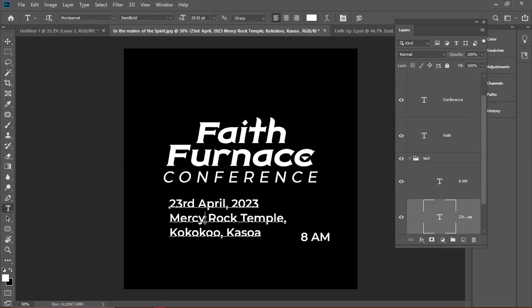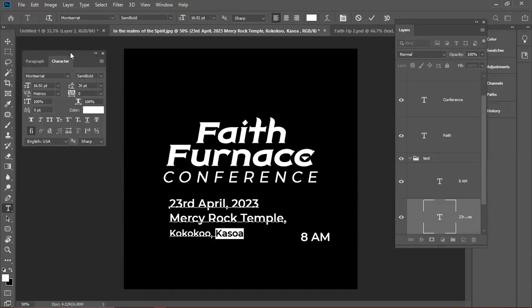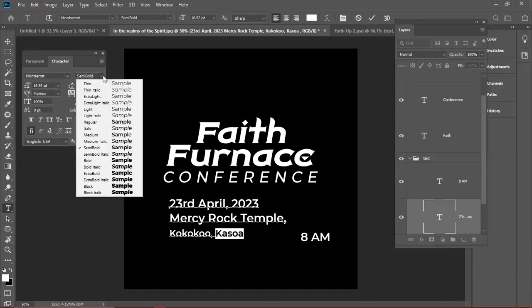So first, let me format this. The main place is Mercy Rock Temple. These are the subsequent informations which are sometimes really not needed. So first of all, I reduce the size of that, then I scale it down or value it down. If I can use mostly the, let me see, my screen space is not enough. So I bring in